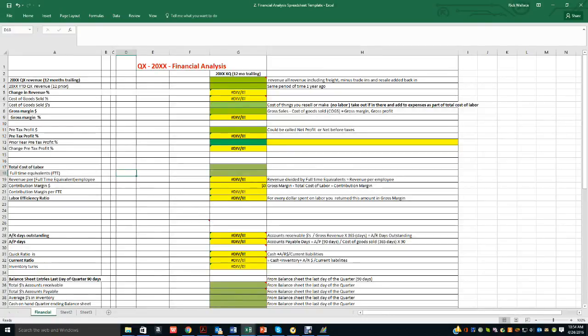Hello, I want to quickly go over this financial spreadsheet that I've provided to you. It's a great way to take your P&L and your balance sheet, put it into a spreadsheet that's going to calculate the simple numbers that we've talked about. Not only your pre-tax profit, but your gross margin percentages, your productivity numbers, your full-time equivalents, your contribution margin, your